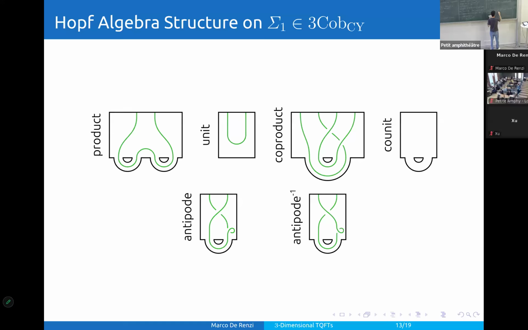The twist is a natural transformation of the identity functor of C, which is self-dual. Self-duality means basically this condition,